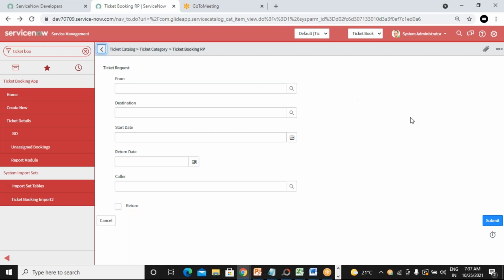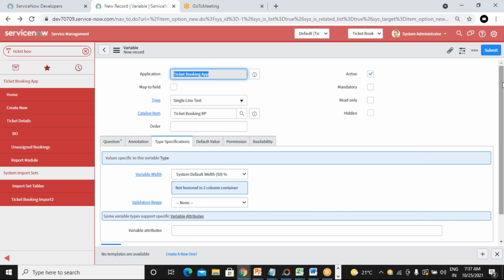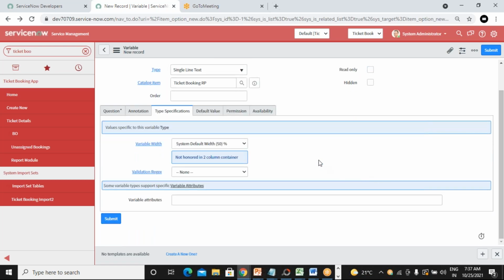If you want to implement the same validations, it remains the same. There are not many changes here. You can see below catalog UI policies and catalog client scripts. I'm going to give this as an assignment.